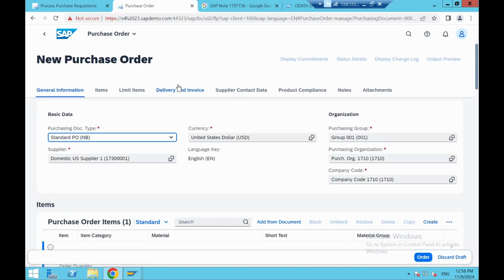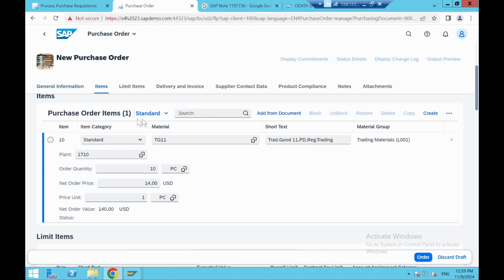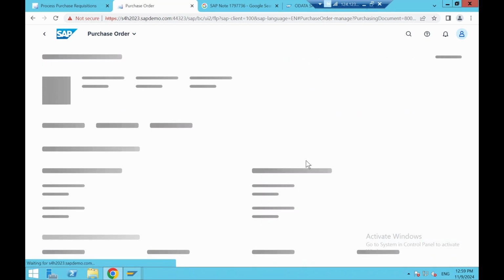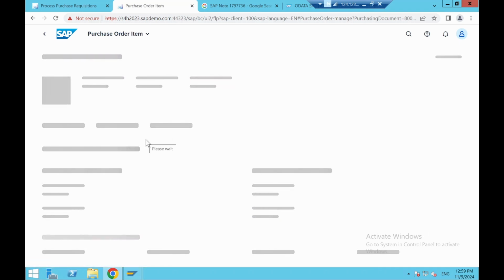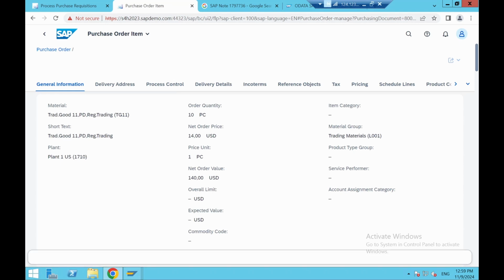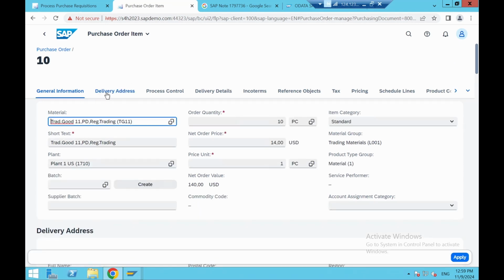You are there. Purchase order, very favorite screen. Fine. The document type is ENB, the standard, and all this header information is good. Then my purchase order item has all these, and the awarded one, so I'm good with that also. If you want to go inside and see the item details, respective areas, and what functionalities are there in the app, you can see all that information and the delivery information, this item 10 and the delivery address, batch, create, order